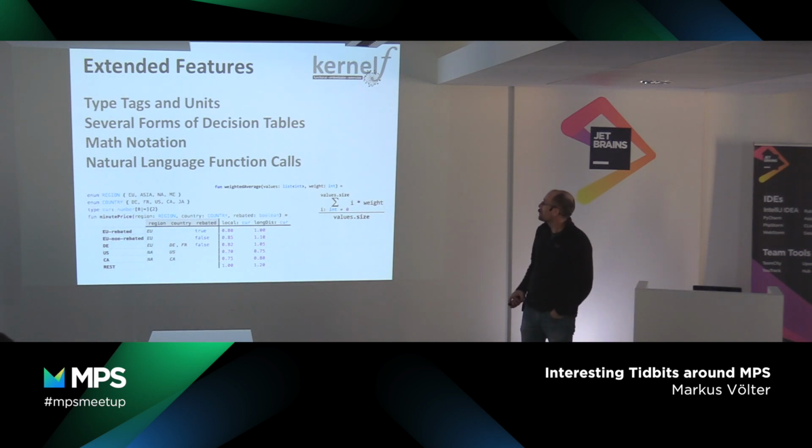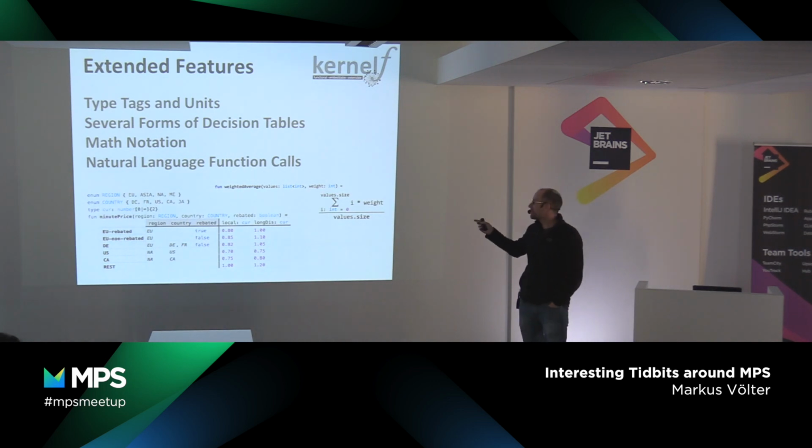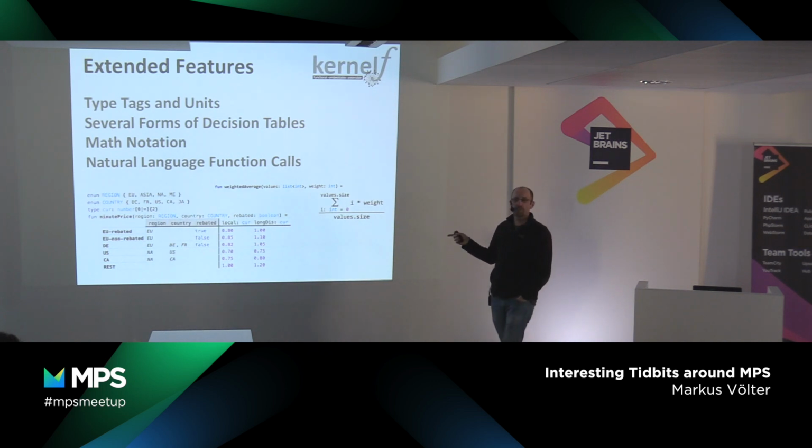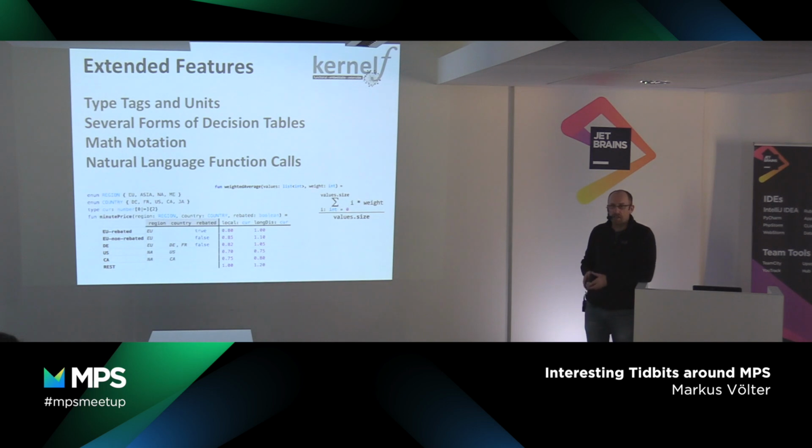It has the math notation, and of course, we have all these utilities, the usual table gimmicks, right? Which is interesting because there is a new OMG standard called Decision Model and Notation, which is a very fancy word for a functional base language plus decision tables. And so while this doesn't support exactly the standard, it's close enough to claim that it's kind of the same thing.